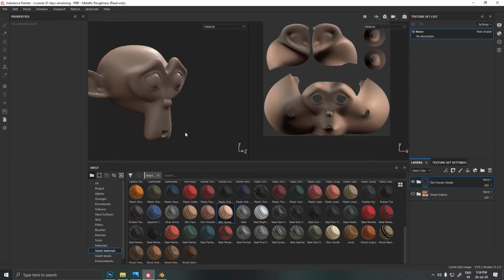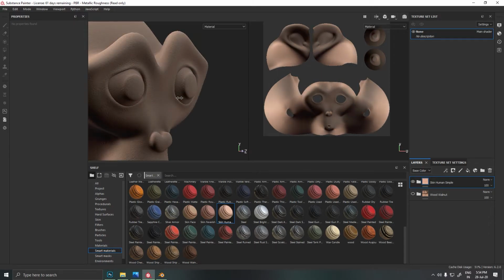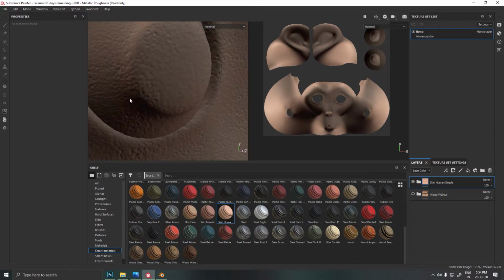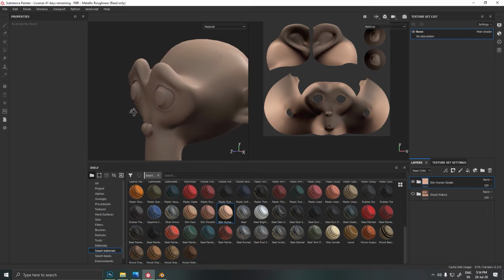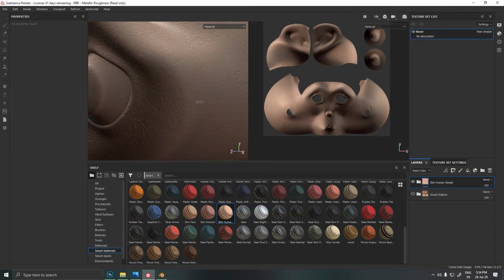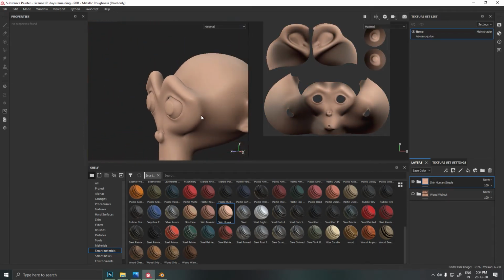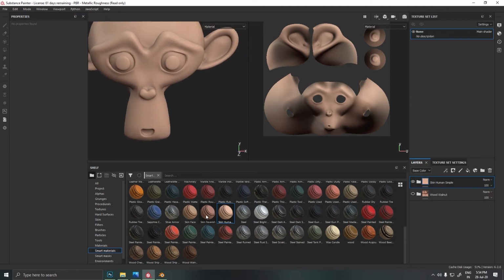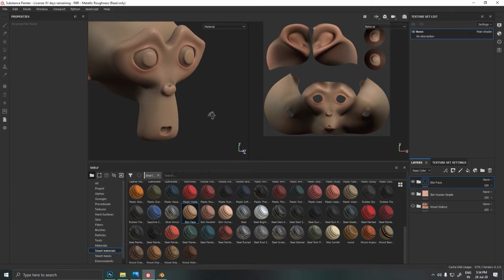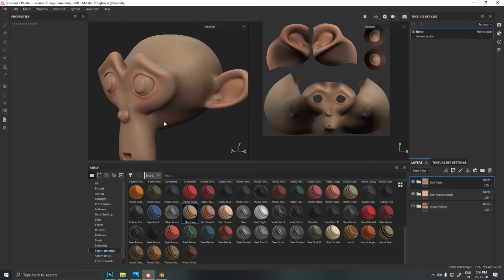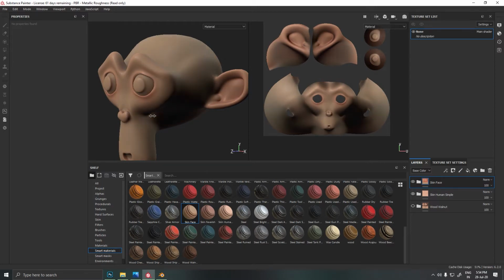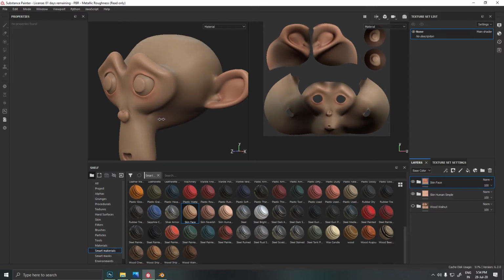You can apply both, either drag it over the UV or put it directly over here. See, it's looking pretty good now. It's a skin texture. In other software it would have taken a very long time to create this, but Substance already has it for you. You can merge these textures, and see, it's pretty realistic. I'm in love with this now. See how cool it is.